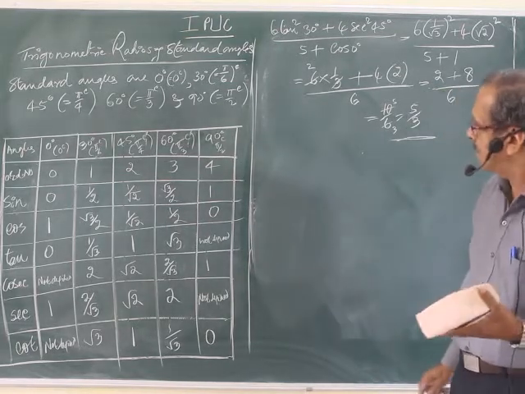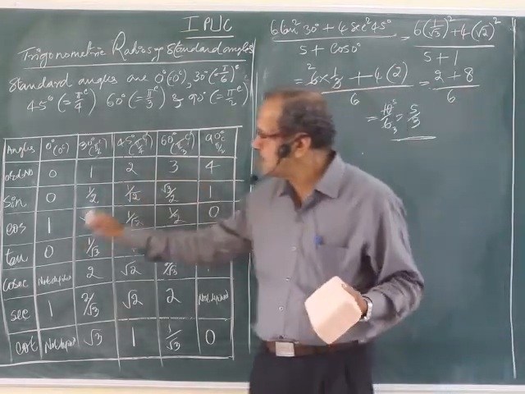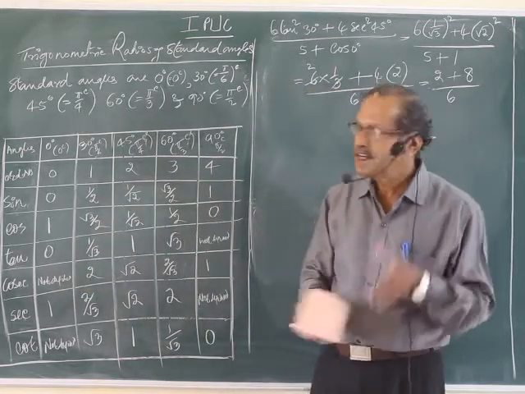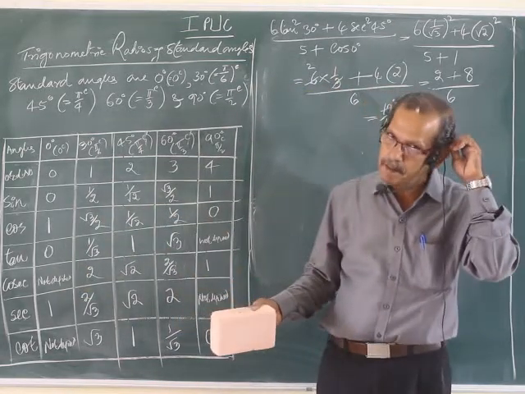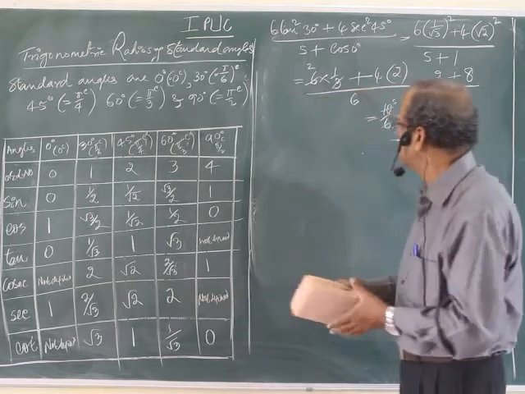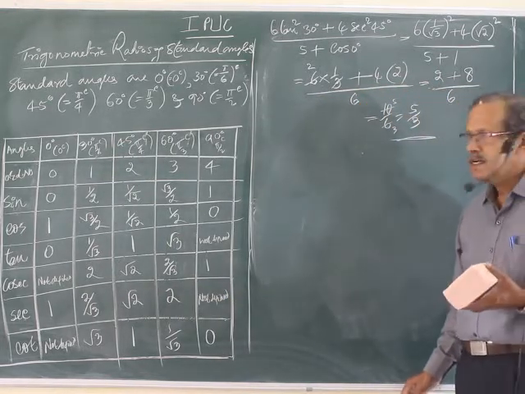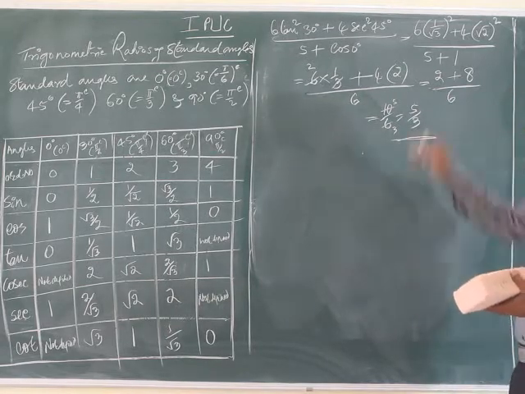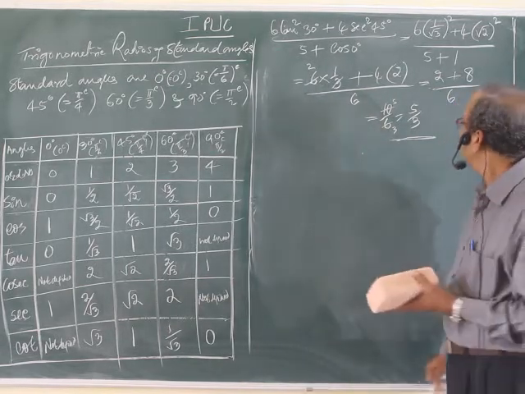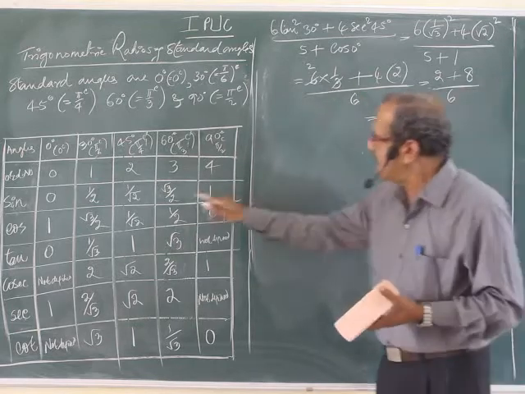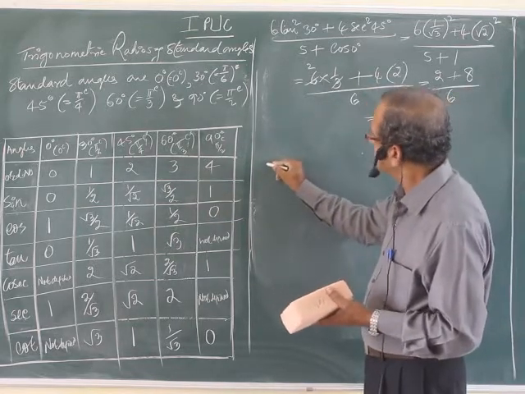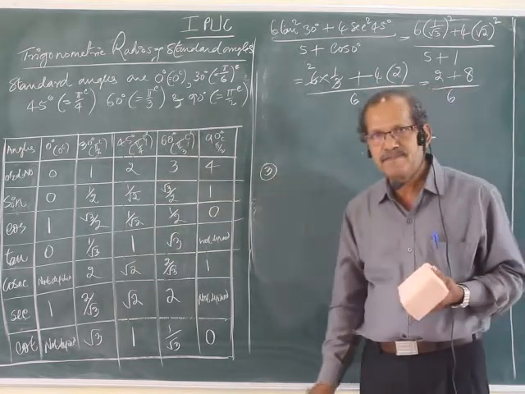Right? Simple. But remember, these values must be by heart. Now you can see the values from the table, but actually you must remember all the values. Keeping all the values in your mind, you have to solve the problems. Right, next, if I give the angle in radian, let us take one more and the last example.